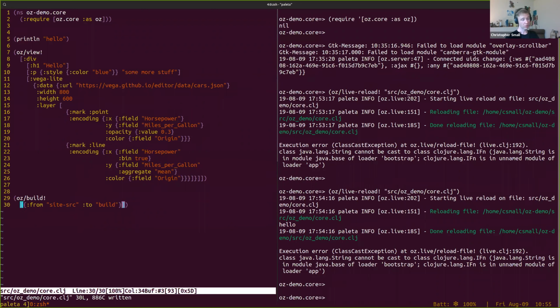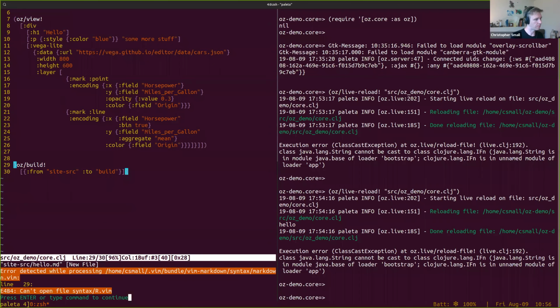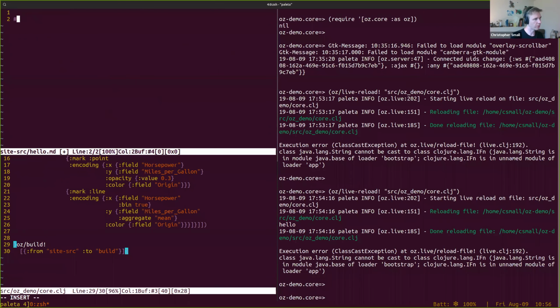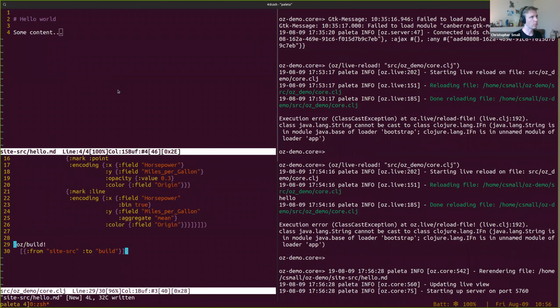Now, the fact that there's a vector of these means that you can customize how different directories of input data get processed, which can be useful. So let's go ahead and run this here. And now we're going to open a file at site source, say hello.md, and now we're going to say hello world, some content, and now we should see